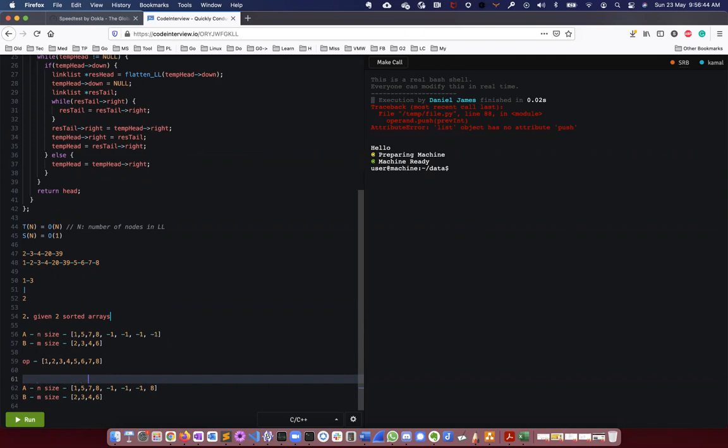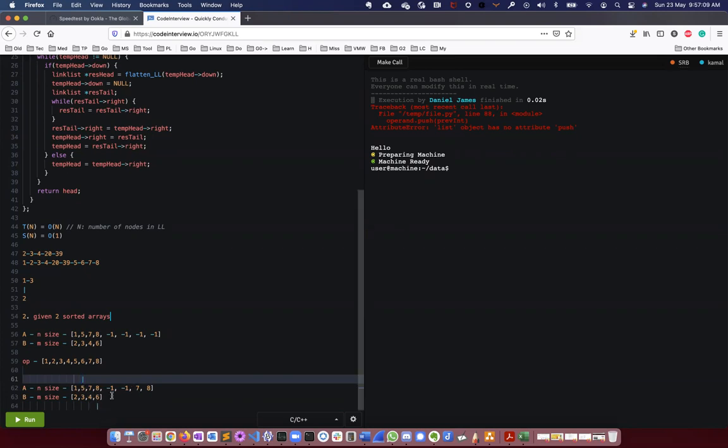Initially the pointer is here. Now I put the pointer here, and this index pointer here. Now 7 and 6, and 7 is larger, so I put 7 here and move the pointer to the left, because 7 is already taken care of.